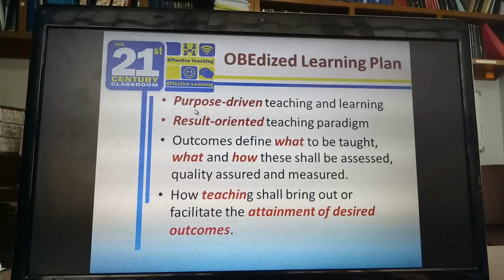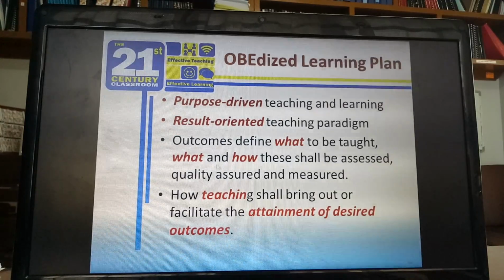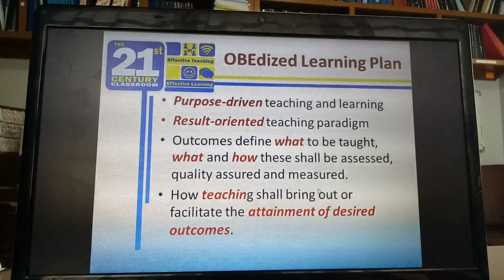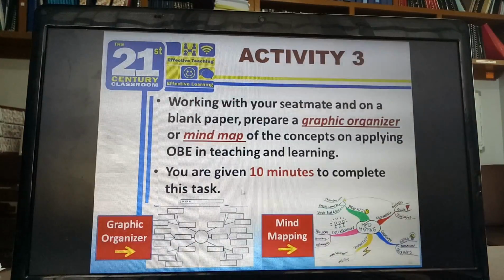It is characterized by purpose-driven teaching and learning, a result-oriented teaching paradigm. Outcomes define what is to be taught, what and how they shall be assessed, quality assured and measured. How teaching shall bring out or facilitate the attainment of desired outcomes. For this, let's do activity number 3, working with your seatmate and on a blank paper. Prepare a